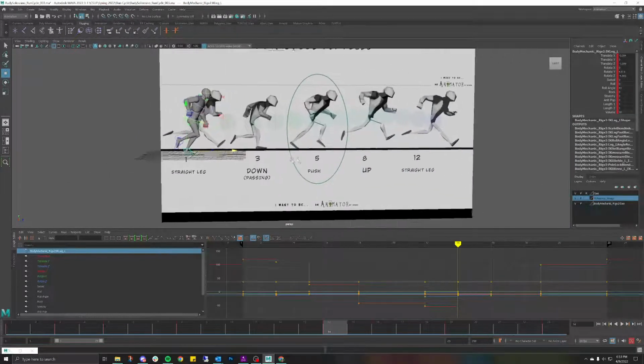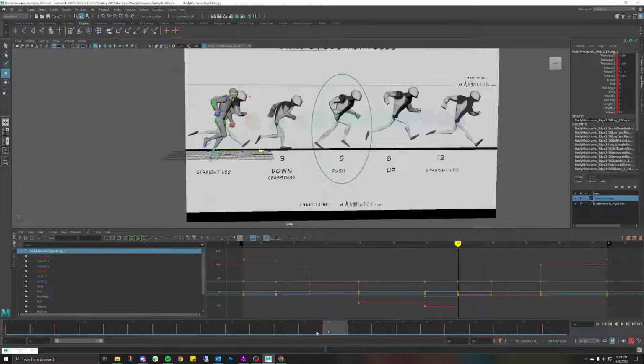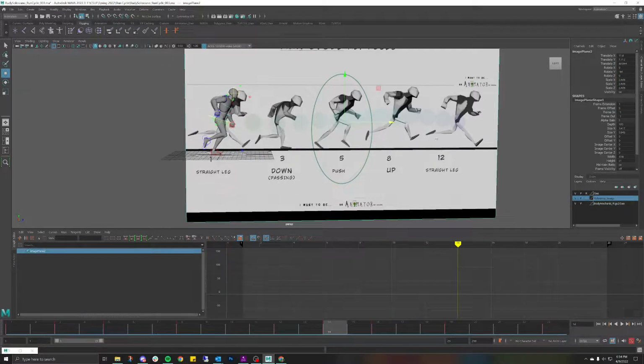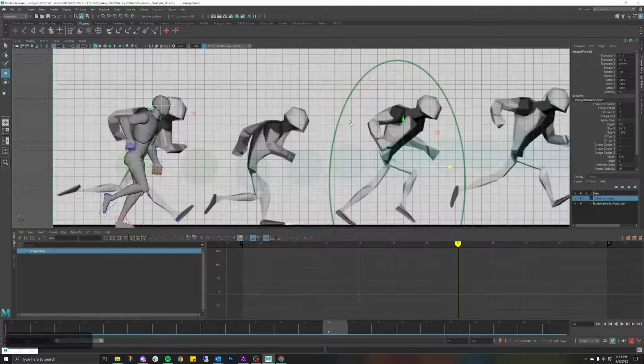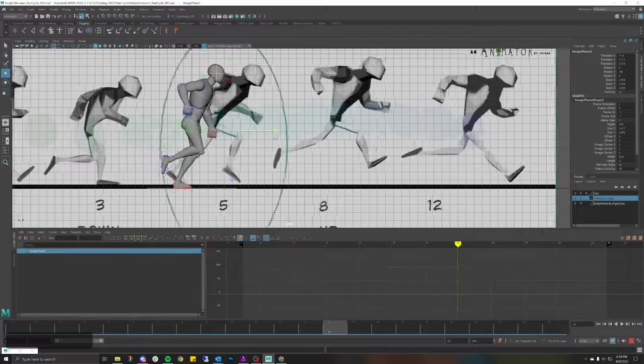And the other thing that I'm kind of concerned about is this passing pose. So if I'm here, this is my contact. This should be my passing. This feels too far. Let's see if it is. So let's go in our left view, and let's look at the reference. So again, this is my